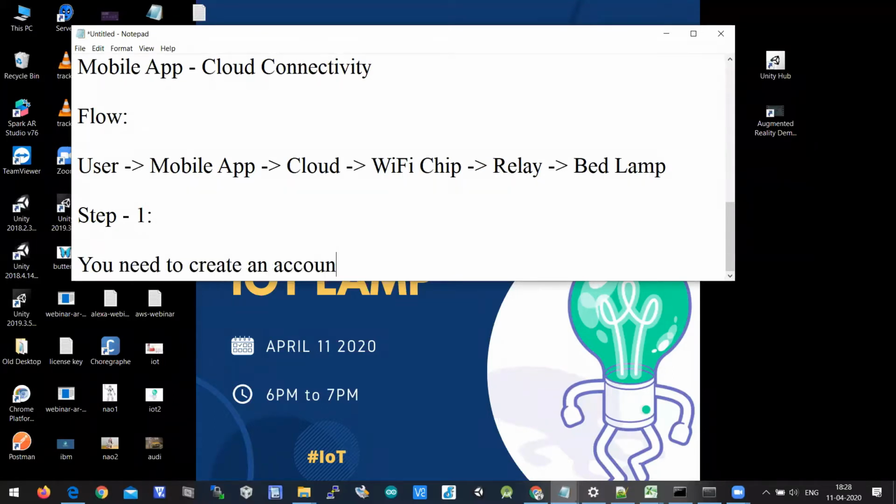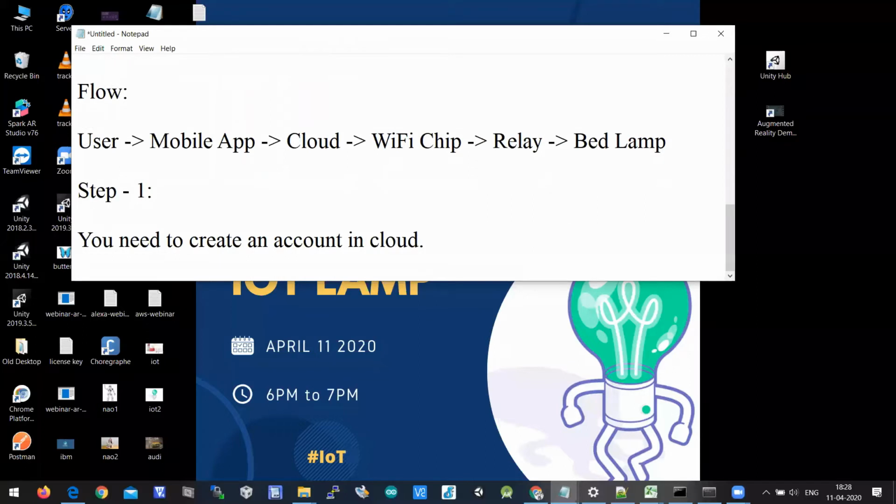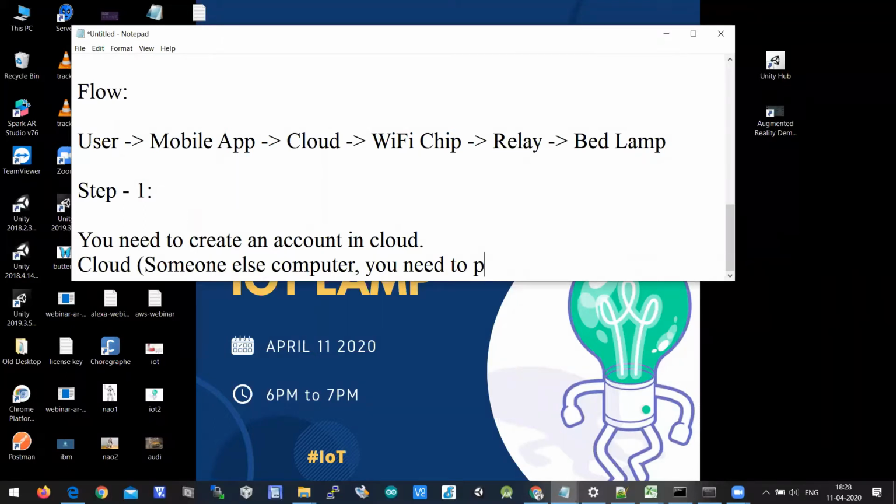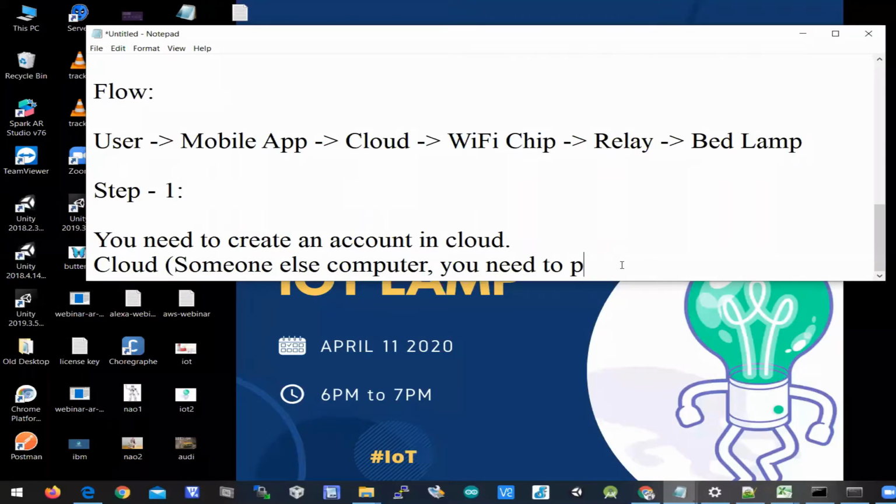an account in the cloud. Cloud is nothing but someone else's computer. For the mobile app, a predefined mobile app is available in the Play Store.